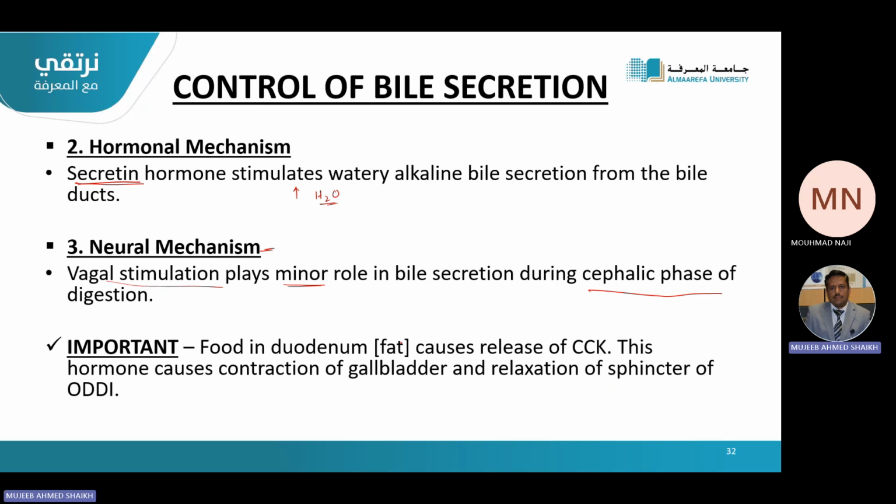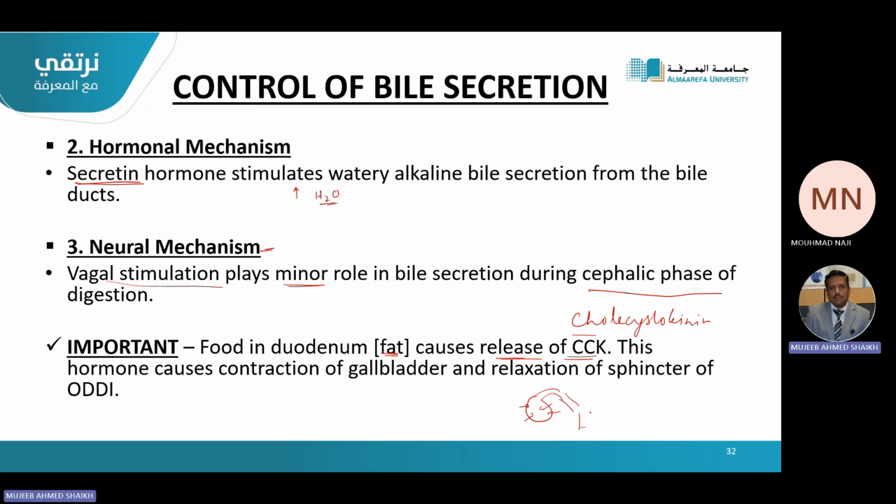So food in the duodenum, and mainly the fat in the duodenum, causes release of another hormone which is known as CCK, cholecystokinin. CCK hormone is released if the food or fat is present in the duodenum, which will cause contraction of the gallbladder. So the stored bile will come out